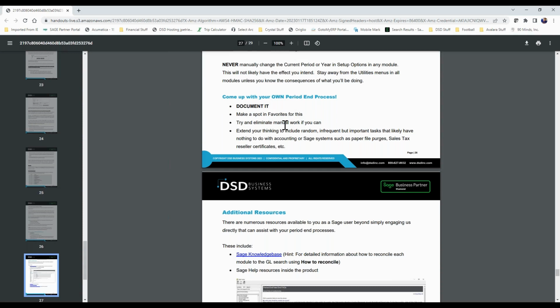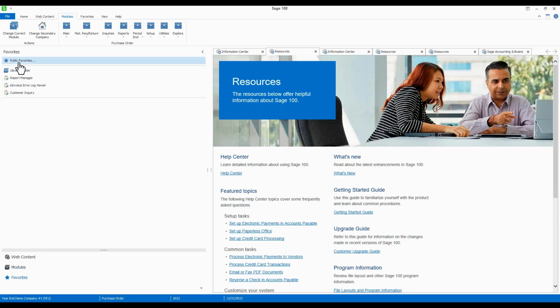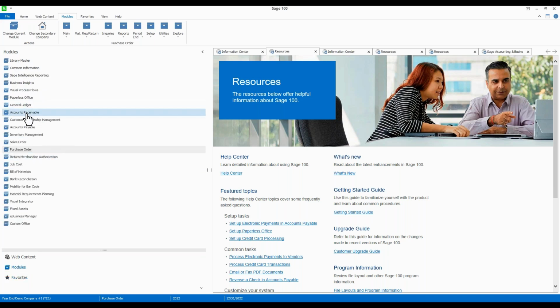And then you can also make a spot in favorites. What does that mean? That just means here in Sage, you can build a list of favorites. You can right click and insert a folder or a shortcut. You can put in a separator. You can say period end. And then I can go in here and right click and say insert a task, or actually, I think all I do is I go to,